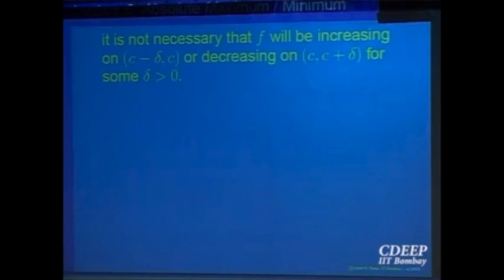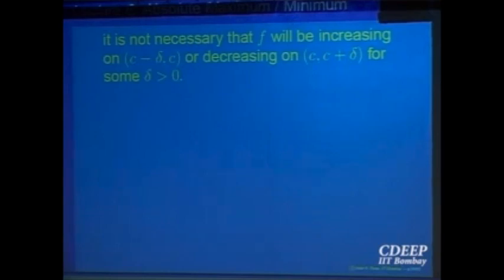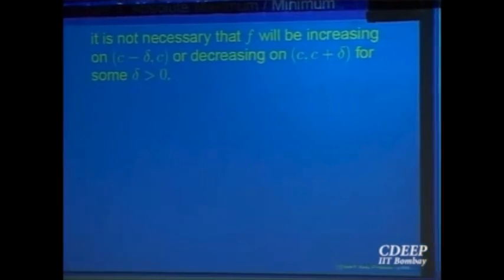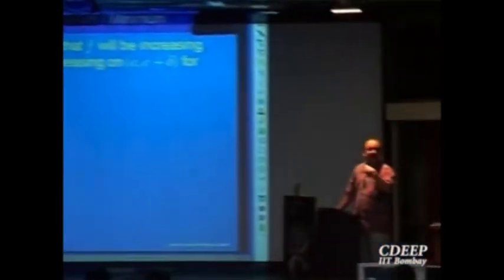To say it is a point of local maximum, the value at a point nearby on the left should be less, and on the right also it should be less. It does not mean the function should be increasing on the left and decreasing on the right. Increasing and decreasing does imply that anyway, but that is not necessary. So at a point of local or global maximum, in a neighborhood of that point, the function need not be increasing or decreasing at all, which is a very common mistake made by students.